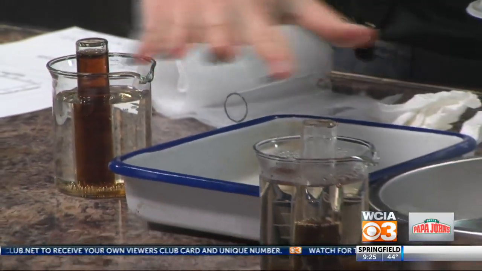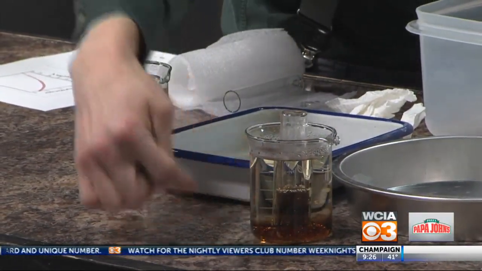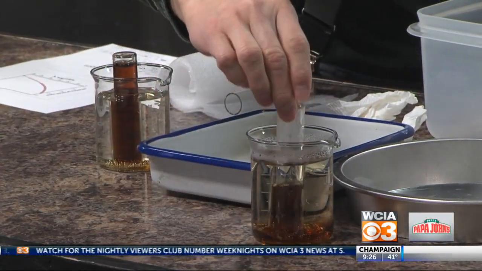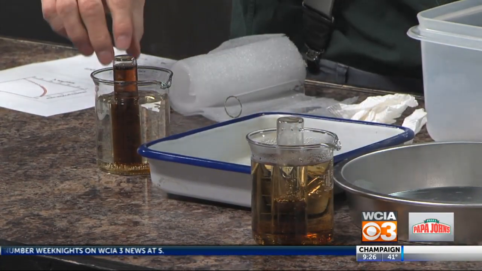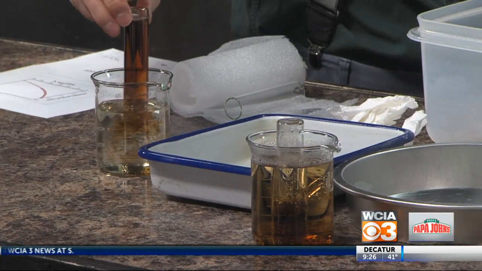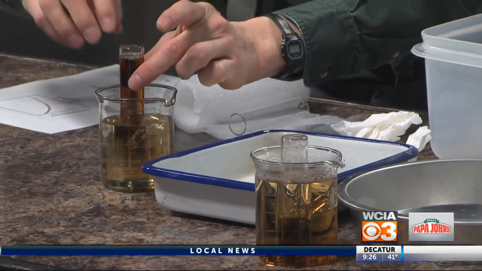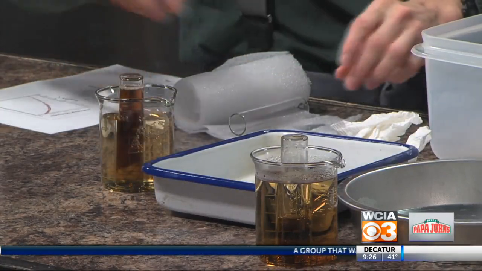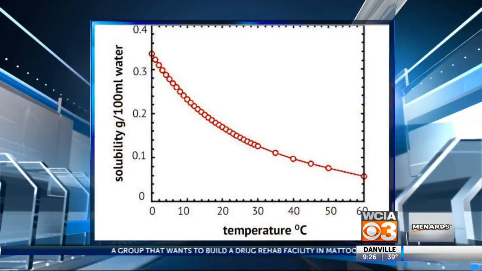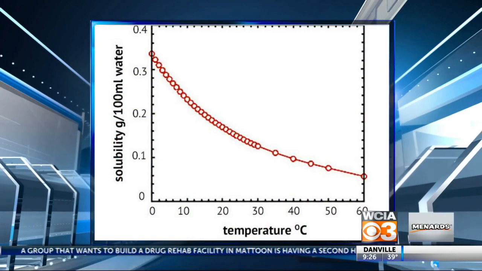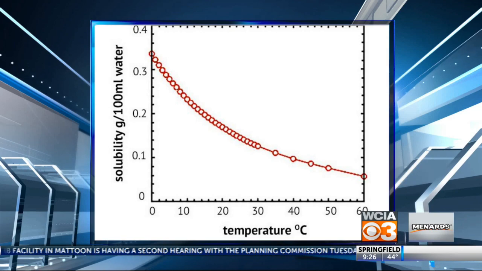It's pushed the liquid out of the test tube, and that's why we have a lot of the air at the top here. Right, so in fact, if I pull this up, you can see that that's all air for the hot water, and this is, sorry, not much air has left, not much CO2 is left for the cold water. And in fact, that goes to our third slide, which shows just how much CO2 you can put in water depends on the temperature. So the higher the temperature, the less of the CO2 is in the water.